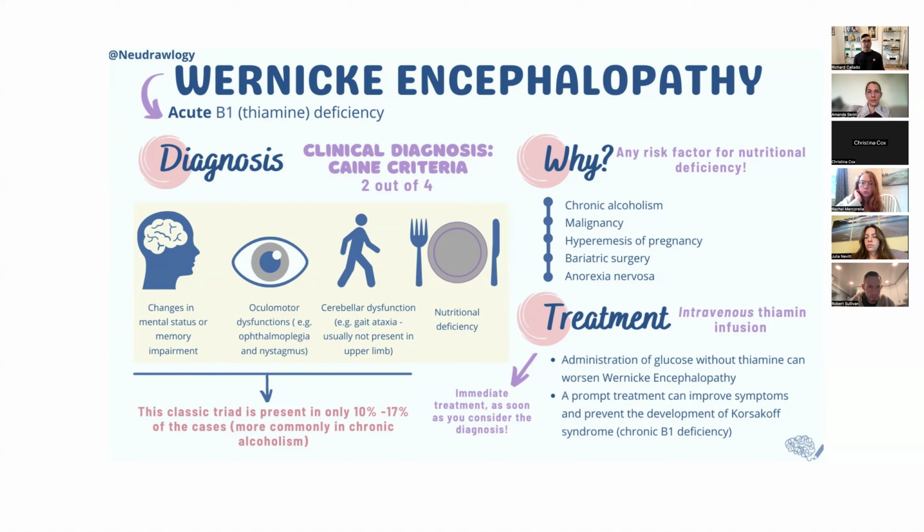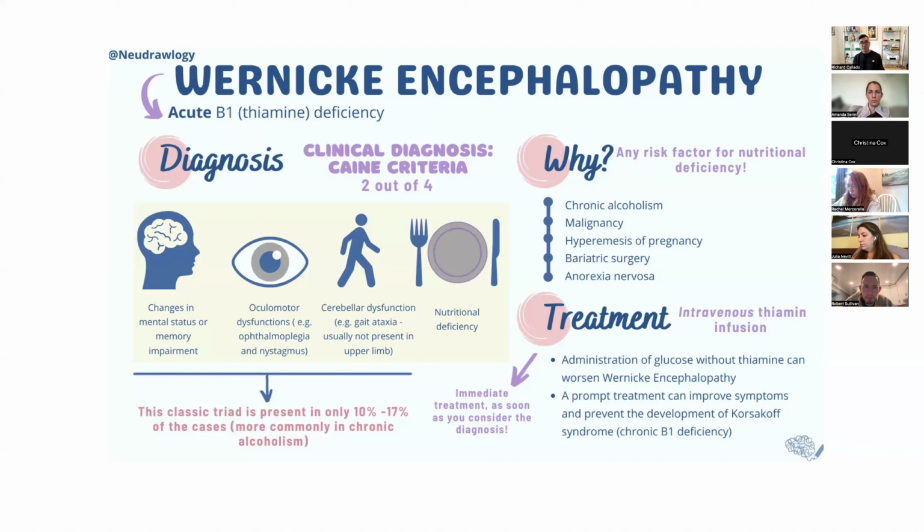Right. So it's very important that you give someone thiamine, right, before you give them glucose. Why? Because it's going to cause something called Korsakoff psychosis, which is irreversible, right? So thiamine is part of your pathway when it comes to metabolism and your body's ability to produce energy, right? I don't want to go into too much detail about it. But the problem is if you give someone glucose, say if someone gives them an IV bag with glucose in it and they had Wernicke's, your body's going to try to produce energy with that glucose and there's no thiamine there, it's going to cause destruction of the cells in your body, right? It's very important. So make sure you give them thiamine.